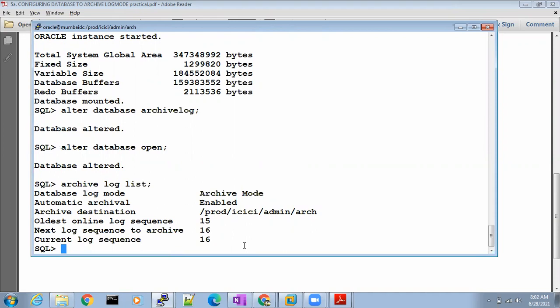For every time when you enable and disable the archive log mode, database shutdown is mandatory. Without shutting down the database, you cannot bring the database to mount state, and you cannot set to archive log, or set to no archive log. So whenever you are doing this, database shutdown is mandatory, which means there is a downtime. Database downtime is mandatory.